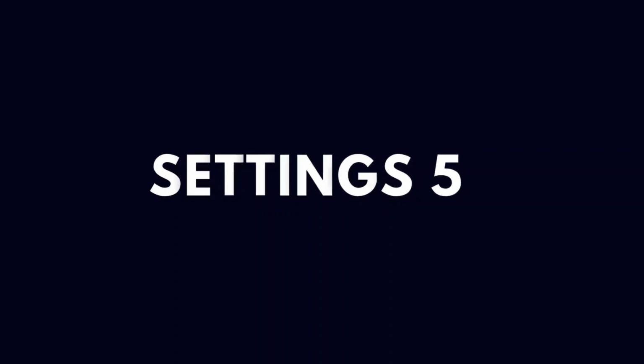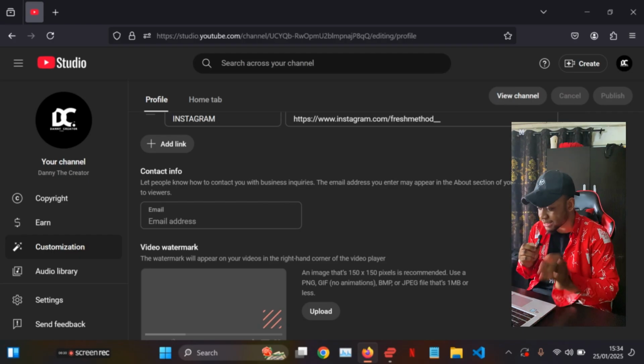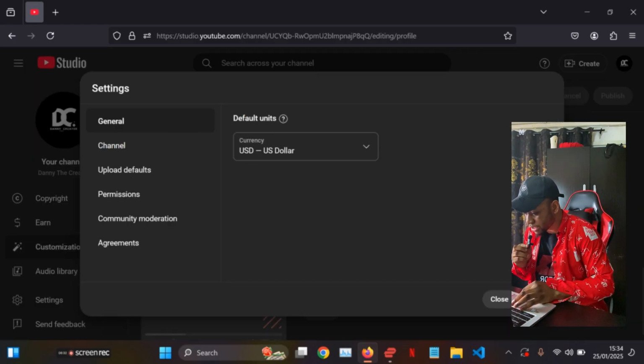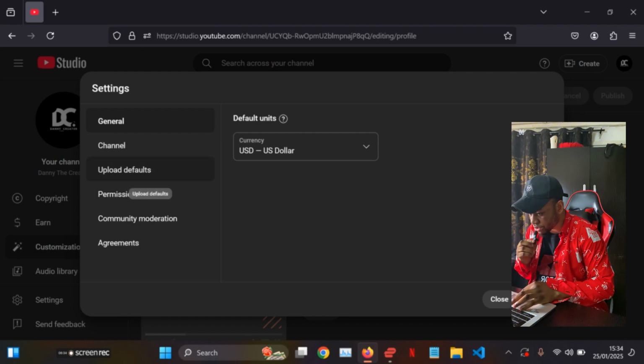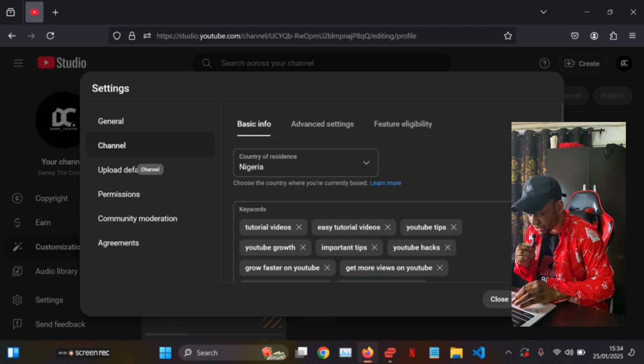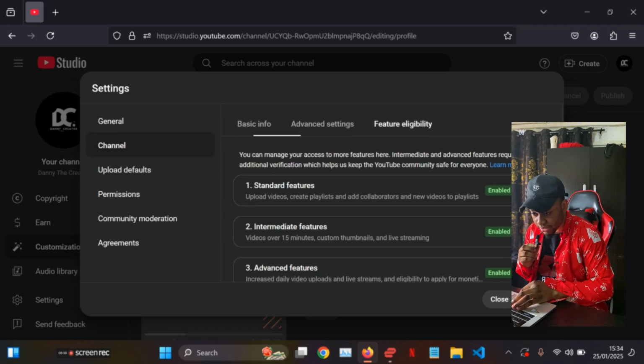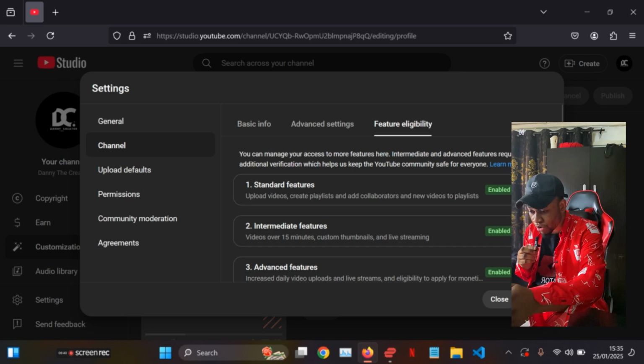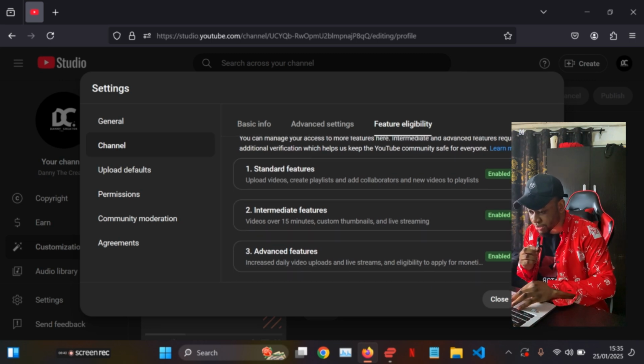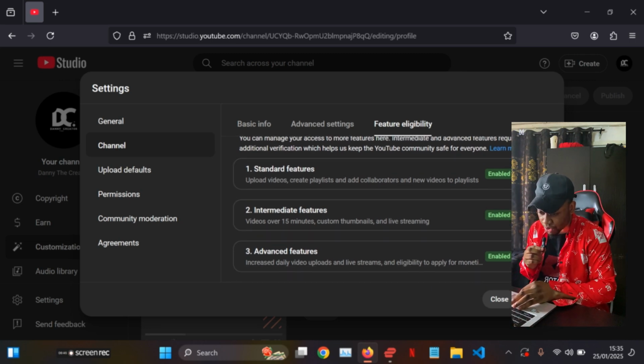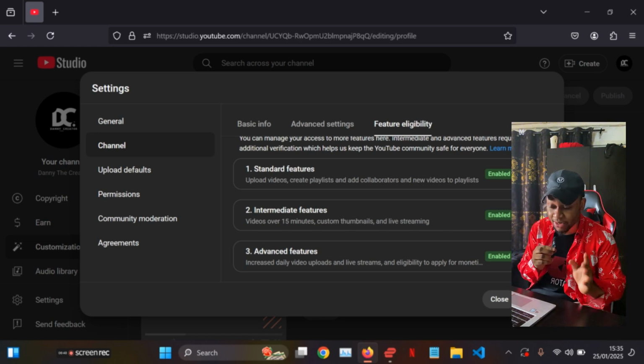Now the next settings to look into is the feature eligibility settings. In order to get there, just click on settings, then go into channel, and then go to feature eligibility. Over here, you are going to see the standard features, intermediate features, advanced features. I would advise that you enable all 3 features here to make sure that your channel is fully